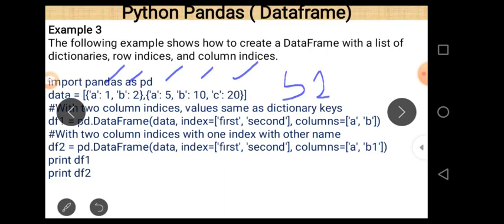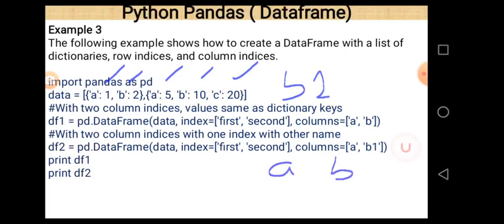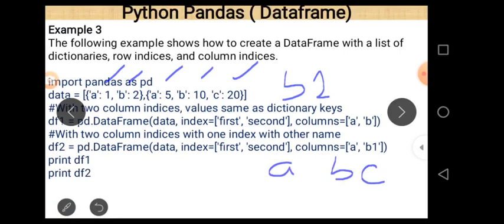And as we know, the keys play the role of the column names in the dictionary, and in this case these are A, B and C. And here in this line we just print two columns, A and B, for data frame df1, and for data frame df2 we print A and b1.